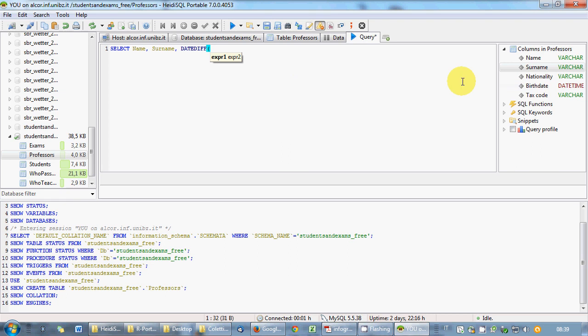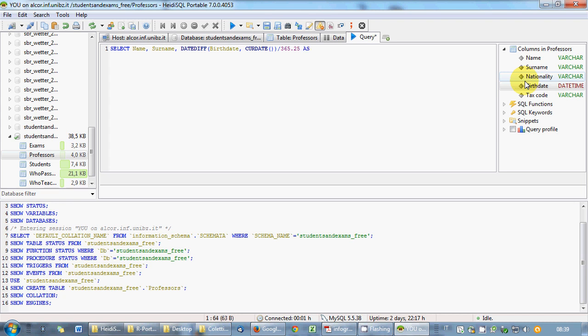So birth date, current date. Okay, I will round, sorry, divided by 365, if you want to be precise, comma 25. Okay,